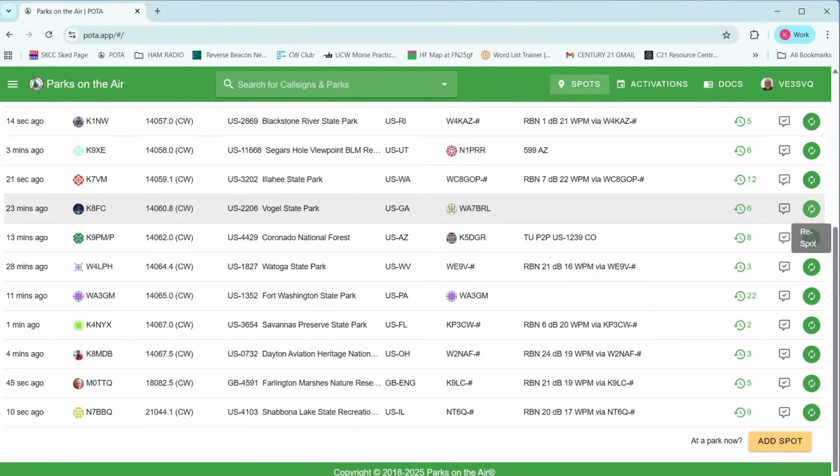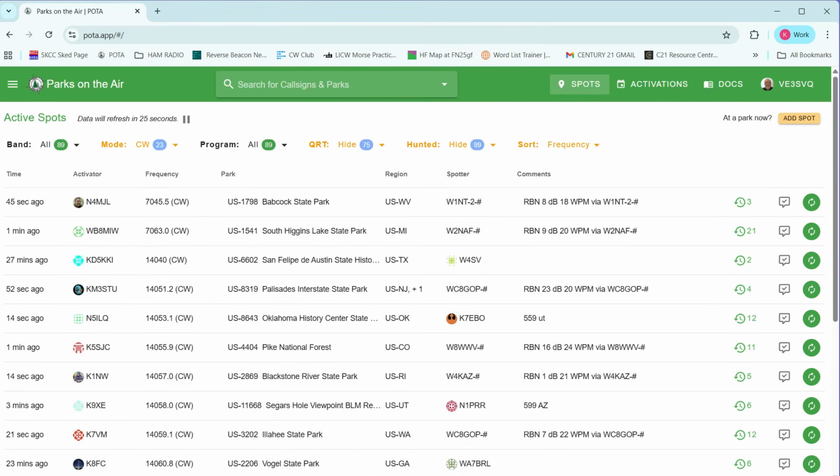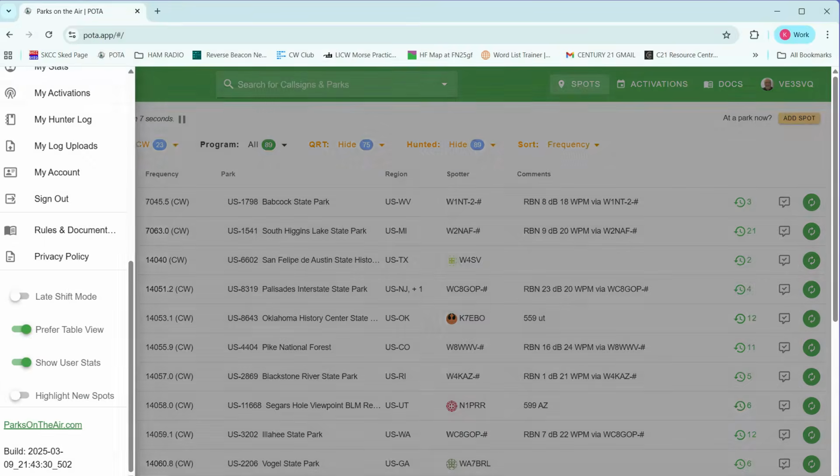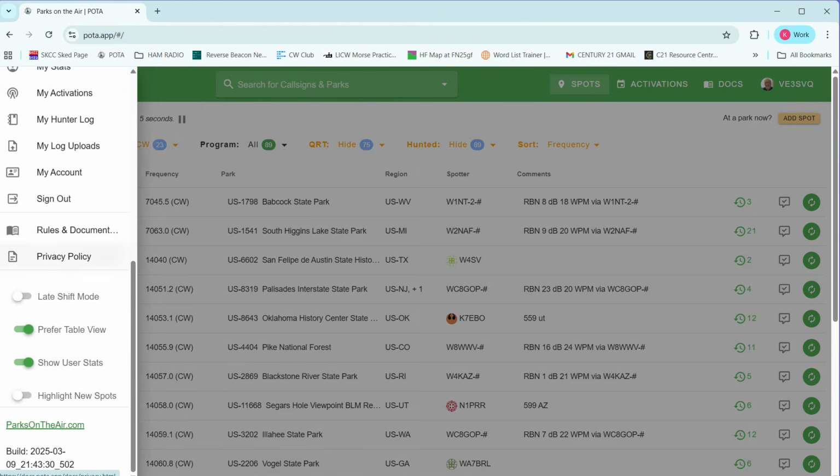Now, when you bring up the POTA page, for those that don't know where it is, pota.app, it's going to come up on my computer looking like this. Yours may not, depending on how you set your page up. There's what for me is a very easy way to do it, and there's a more complicated way. If I go up to the top left to those three bars, right beside where it says Parks on the Air, and you click on that, it will bring up this side panel. If you scroll all the way down, you'll see preferred table view, which is what I have right now. So if I turn that off,